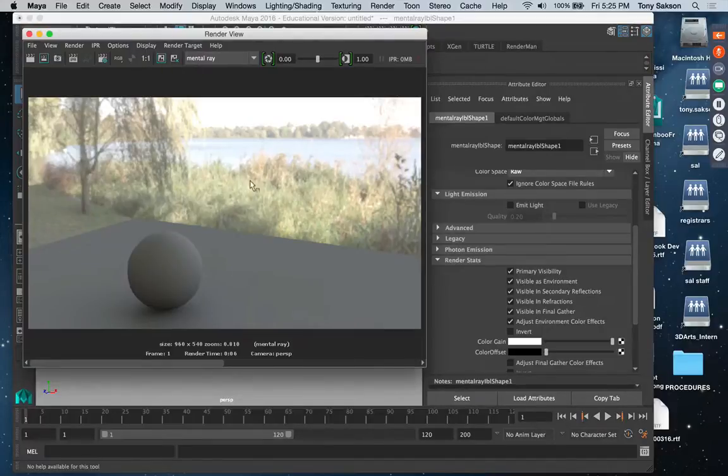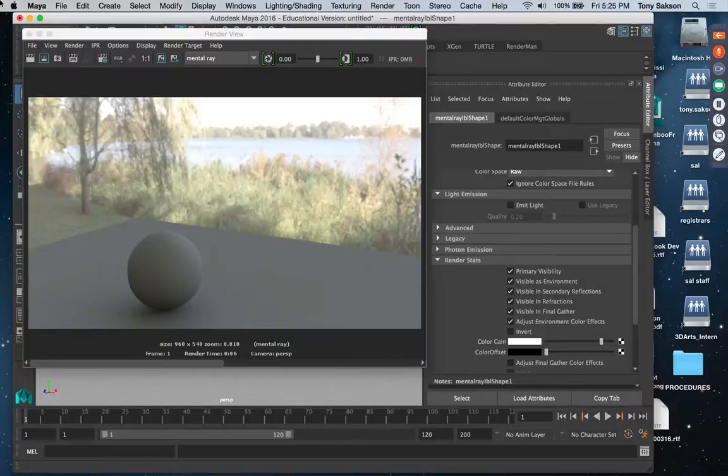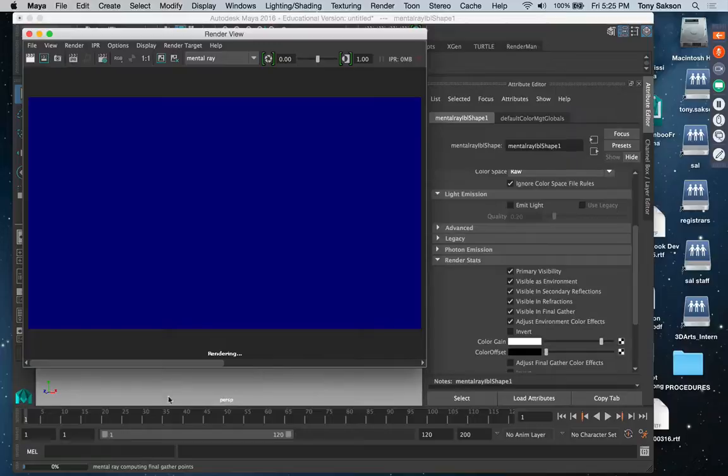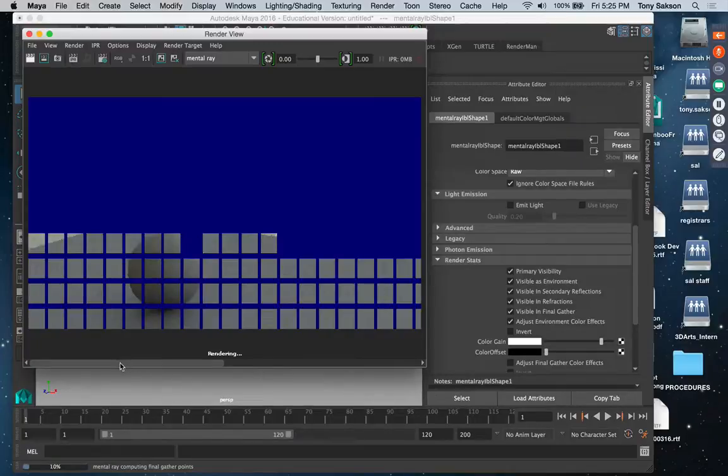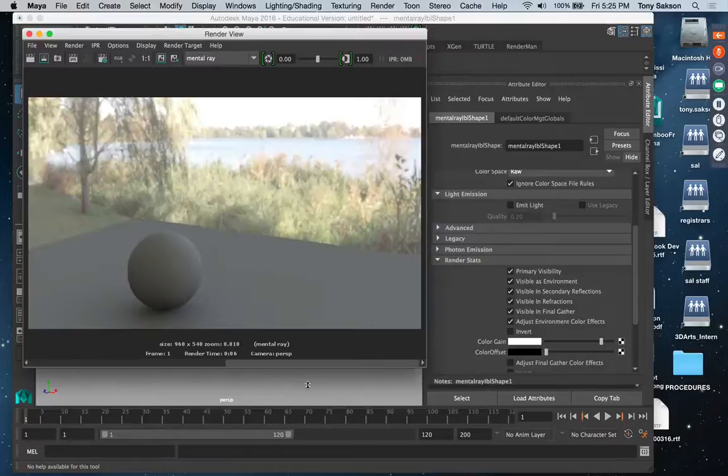So if I want my IBL image to look brighter to the camera, I go under color gain, right? That's what you guys did. If I want it to look brighter, I type in that number, I re-render,